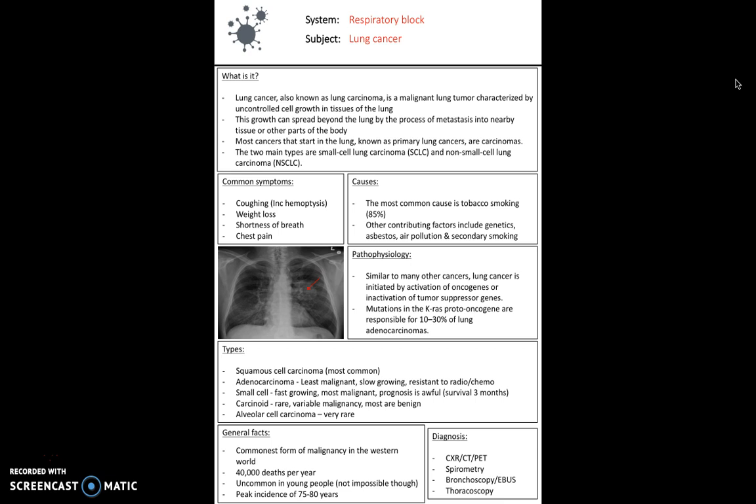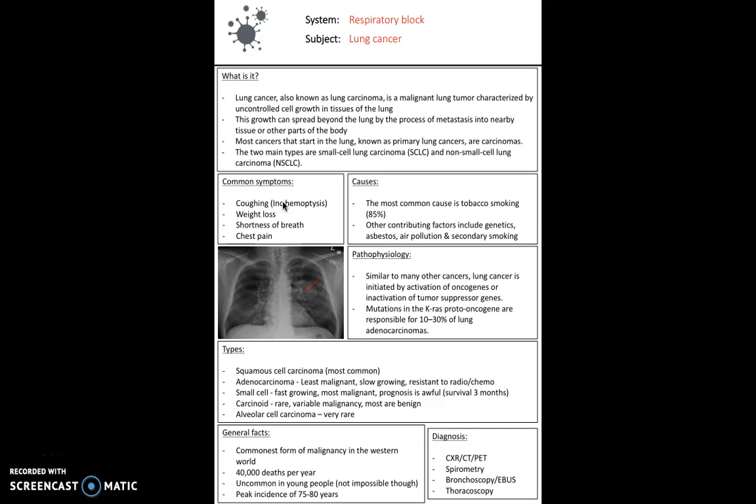So it's a malignant lung tumour characterised by uncontrolled cell growth in tissues of the lung. So this growth can spread beyond the lungs, of course, by process of metastases, as all cancers can. And most cancers that start in the lung are known as carcinomas. So the two types of carcinomas are small cell lung carcinoma and non-small cell lung carcinoma. The common symptoms you'd expect with lung cancer are coughing, including hemoptysis, so coughing with blood, weight loss, shortness of